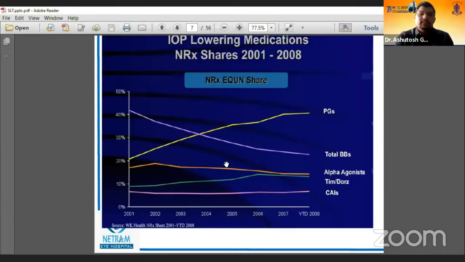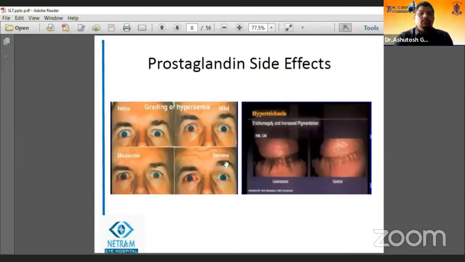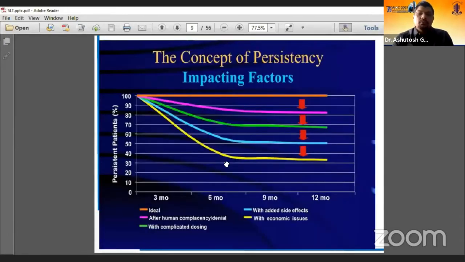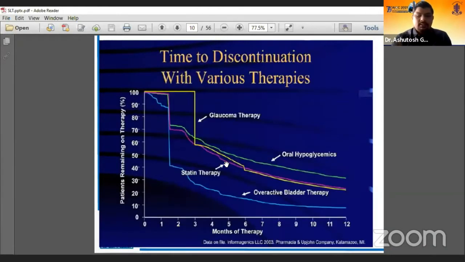PG analogs have made their presence felt in glaucoma practice in the last decade, but they have their own side effects: redness, skin exfoliation, hypertrichosis, effect on the conjunctiva, which leads to poor adherence. So in ideal glaucoma practice, a doctor expects patients to have 100% persistency or adherence, which is the orange line. But what data suggests is that after 3 months of initial therapy, patients start losing persistency and there are issues